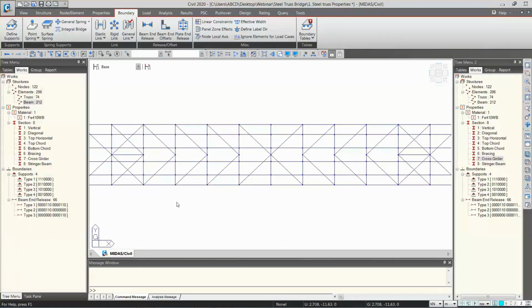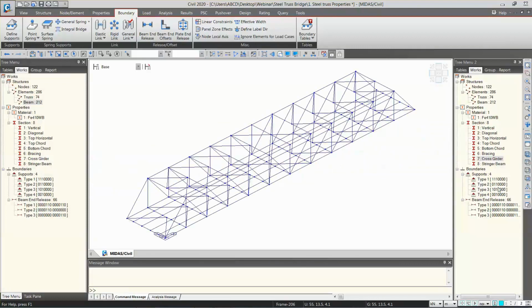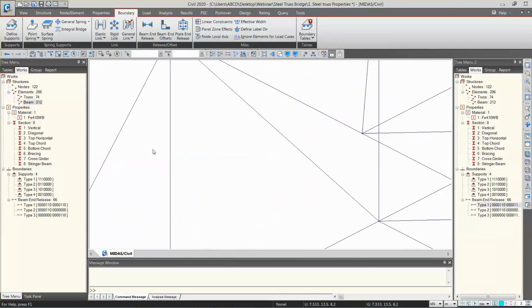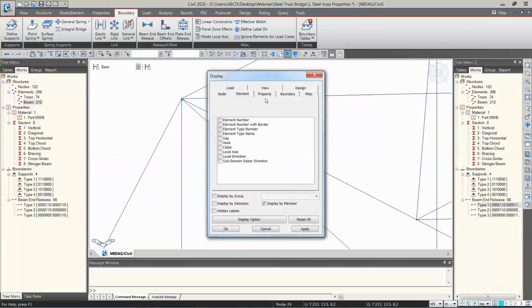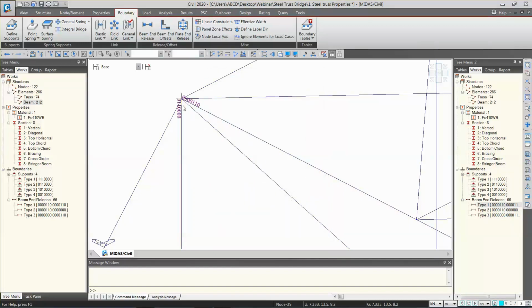If you want to see the beam end releases, you can just right click and display. This is done, but if you want to see where it is released and where it is not released, then you have to go to the boundary option, scroll down and select beam end release digit instead of symbol. It will explicitly show which is fixed and which is released.